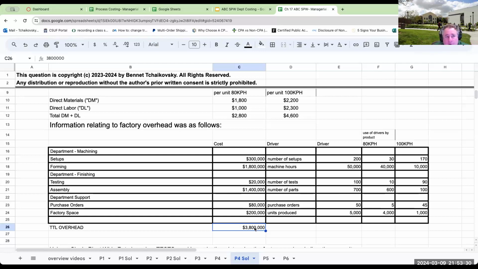Now, the reality is activity-based costing tends to be more of an academic exercise. However, it's still tested in some places, so that's why I continue to teach it. But again, it's another way of allocating. So the important thing to remember